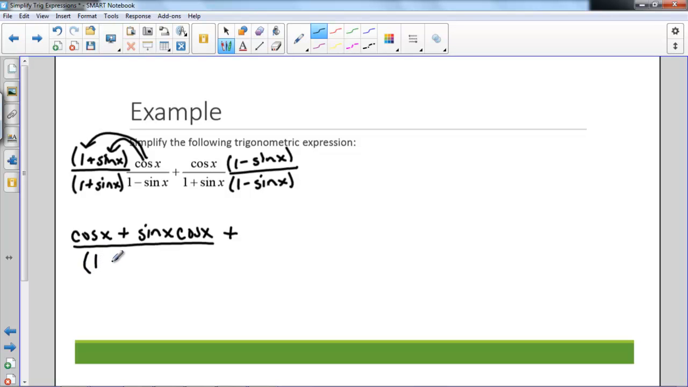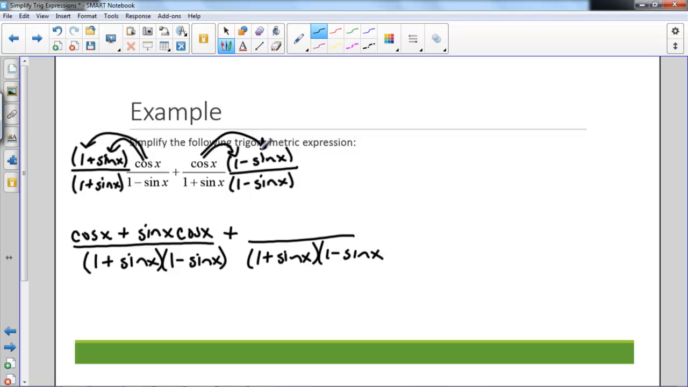So now my denominator, I have 1 plus sine x times 1 minus sine x. Now I have the same thing over here, 1 plus sine x times 1 minus sine x. And distributing my cosine over here, I get cosine x minus cosine x times sine x. All right, so now since I have my common denominator, I can combine what's on top and write it as